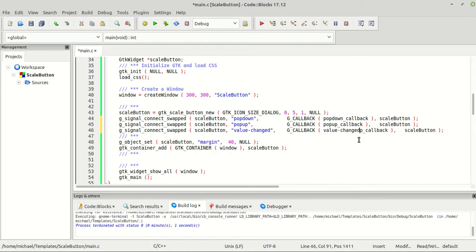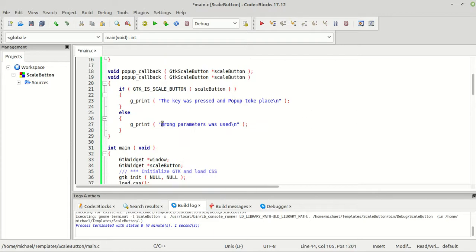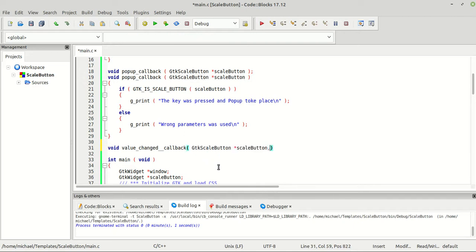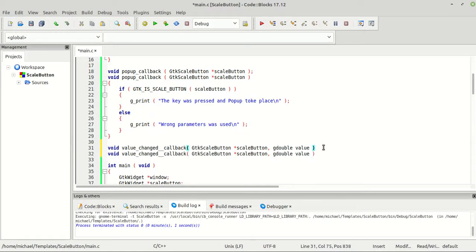which I'm going to create right here. Value changed callback. So let us create it. Void value change callback. The first one is our scale button, and the second one is a gdouble value because we need a value as well. Okay, now that we have it,